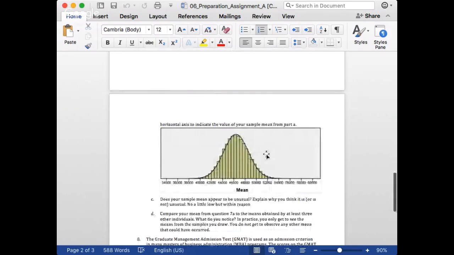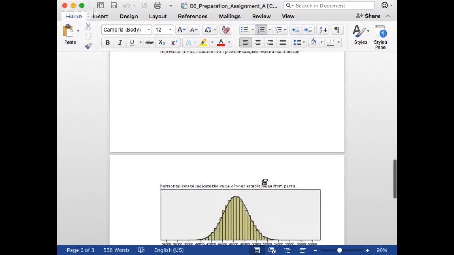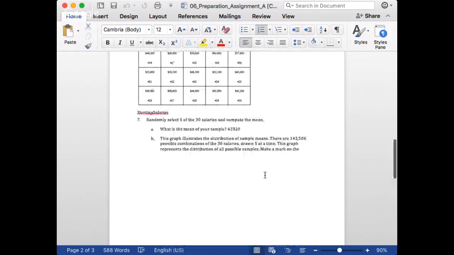This graph right here, this is normal. But what they're at. So let's start on this. So starting on number 7. What we need to